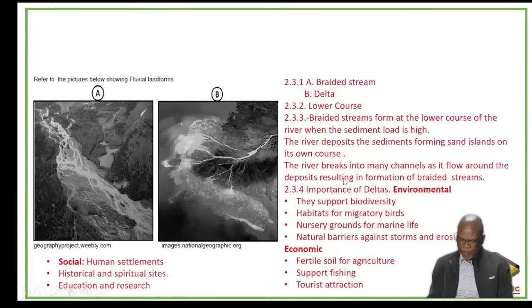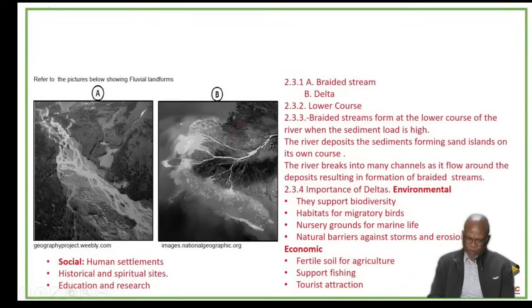Let's look at the importance now of the deltas. They support biodiversity. It means now there's plants and animals that can be found there. It's a habitat for migratory birds that can be migrating from one place to another. They can live in the deltas. They are nursery grounds for marine life. They are natural barriers against